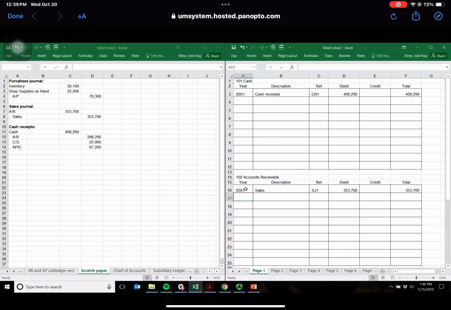AR, now we've already had this, so this is good, because now we made a sale, and look, we want to see this, cash received. And the credit, it's a credit to the account, is given there. Now, what's important here is how much AR do we still have left to get, right? So it's the difference between your sales and your cash that you've already received. That's your ending balance of AR. Another way to think of this is like a long T account, or a different way of seeing the T account, right? Debit and credit. All right, so